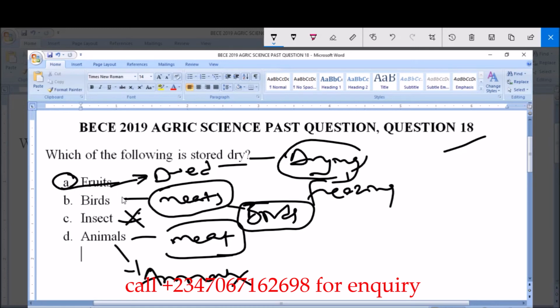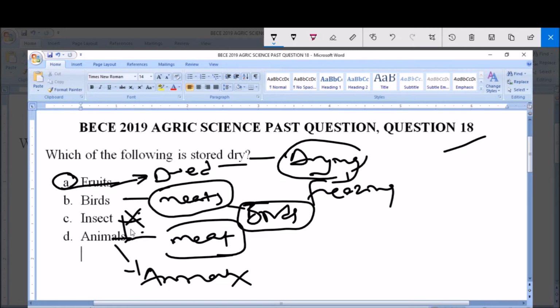Fruits is stored dry. So whenever you are faced with this kind of question, you have to analyze each of the options for you to pick the most correct answer. And in this case, the most correct answer is option A, which is fruits. Remember, I said B and D would have been correct if we were given meat, because meat is a product of birds and animals, but we're not given meat, so option B is wrong, and option D is also wrong. Likewise, option C is wrong, so the correct answer is A,